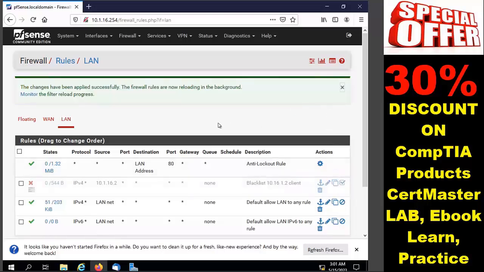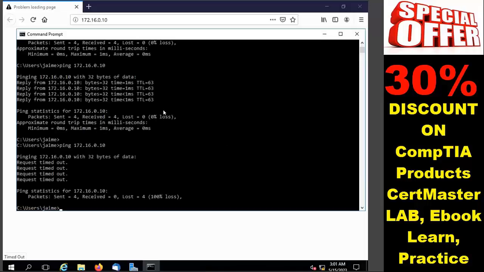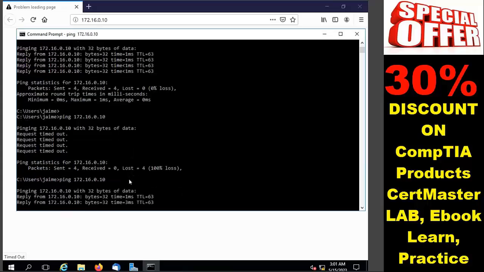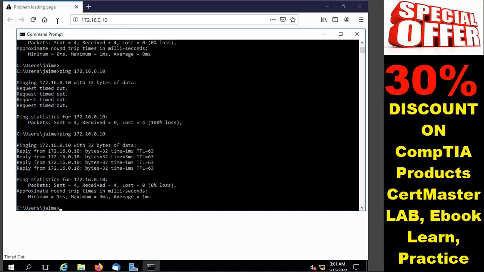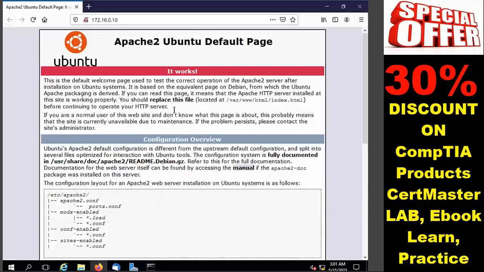Once I disable this rule, right now I am able to ping that particular system, you can see here, and it is also able to access the website. So this type of security can be used on the port, meaning you can use the firewall for enabling and disabling a particular